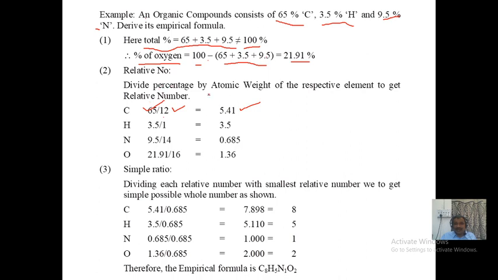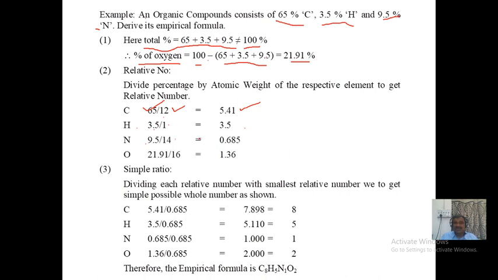So dividing the percentage of the atoms or elements by the respective atomic weight, what we get is the relative number. So the relative number of carbon is 5.41, of hydrogen, the percentage here is 3.5, divided by its atomic mass 1, 3.5 is the relative number of hydrogen. Nitrogen, 9.5 is the percentage, atomic mass is 14,